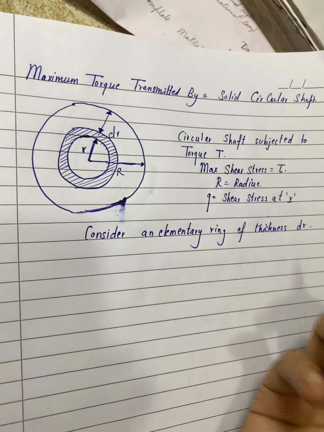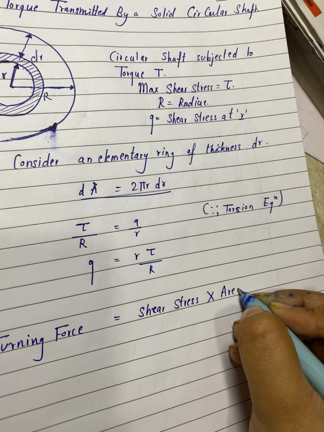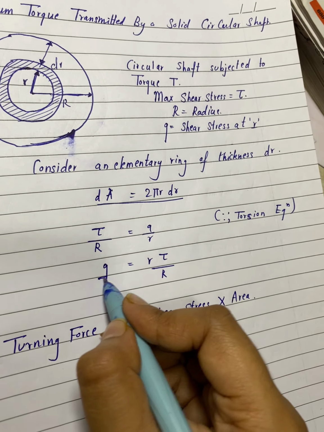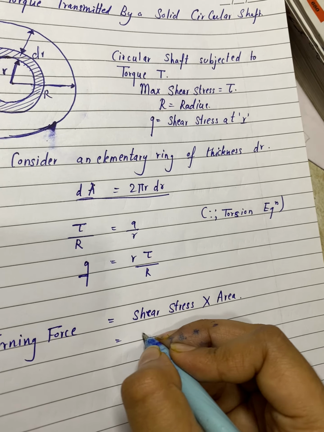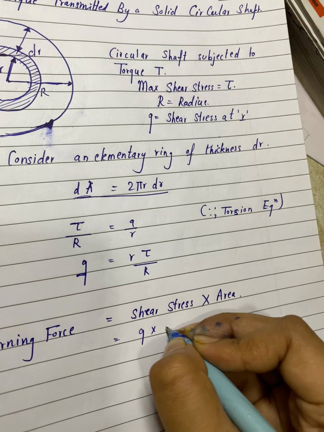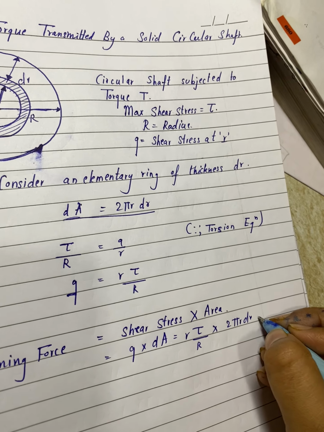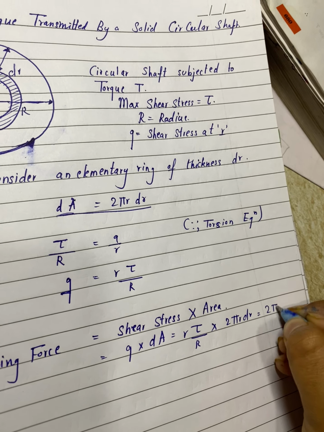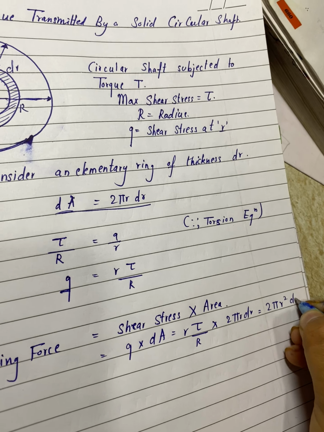Now the force will be shear stress into area, q into dA, that is r tau by R into 2 pi r dr, which is 2 pi r square dr. Here we had this and we also had a tau. Okay,